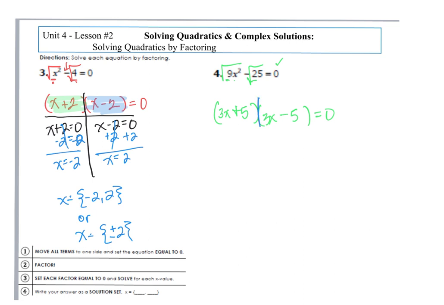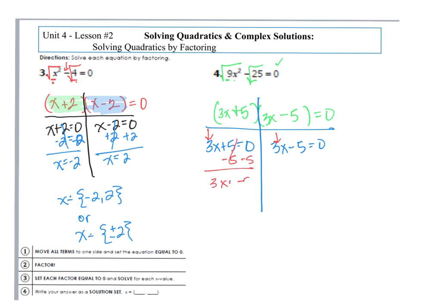Okay, I separate the two factors by t-barring it. Each of these factors gets set equal to 0. So 3x plus 5 equals 0, 3x minus 5 equals 0. Now solving for x, notice that we have a coefficient in front of x. That means that we aren't just getting the opposite of what we had like before, because when I subtract 5 from both sides on this first one, we get 3x equals negative 5, but now I have to divide both sides by 3. So we get, for one answer, x equals negative 5/3,